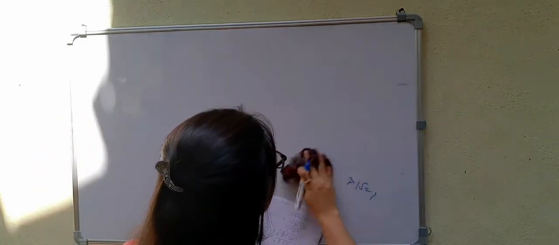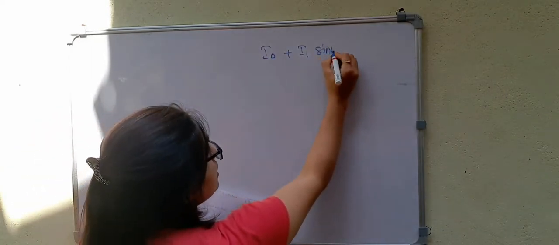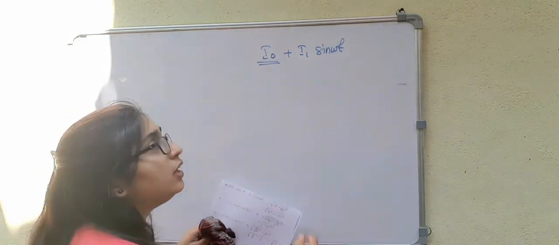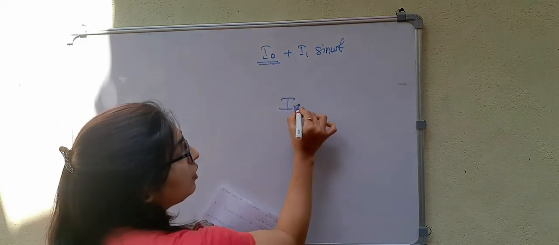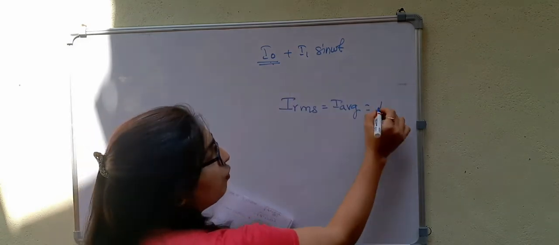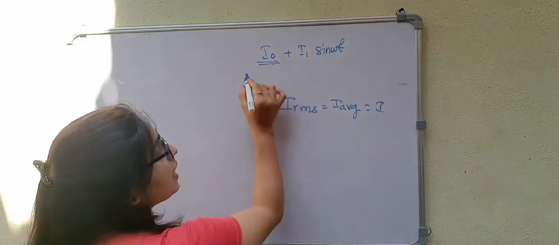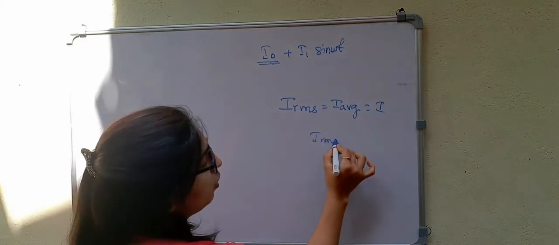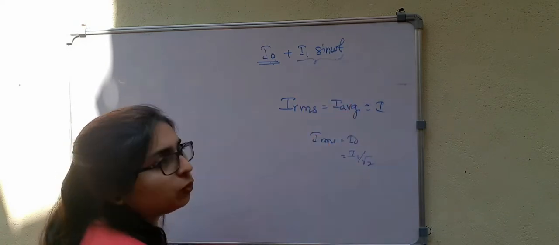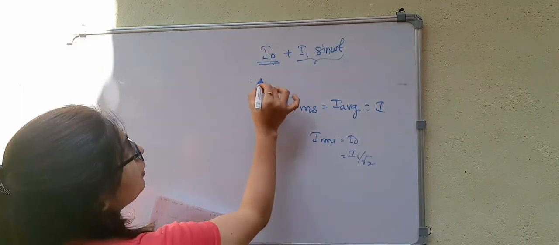So now find the RMS value of I naught plus I1 sine omega t. In this case, you have a DC term here, and here you have a sinusoidal. For the DC term, I RMS is equal to I average, which is equal to the value of I. So the RMS value will be equal to the average value. So in this case, RMS is equal to I naught. And for the sinusoidal term, I RMS will be equal to I1 divided by root 2. So when you have the sum of these terms, then that time you have to take the...